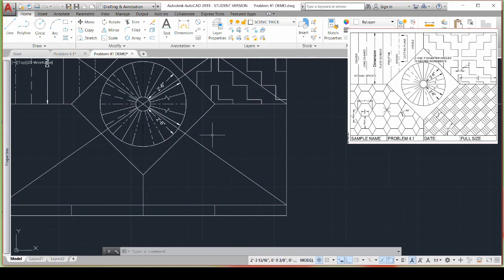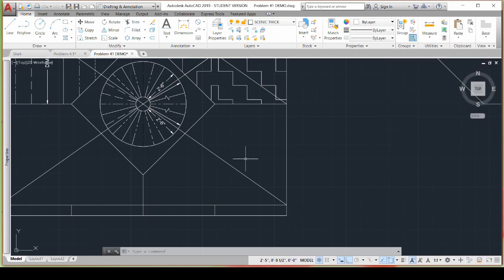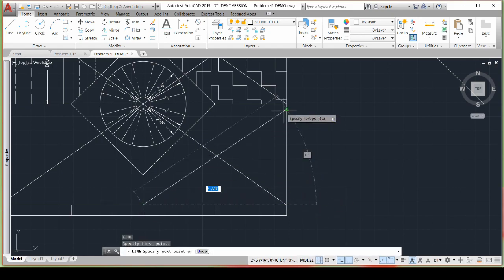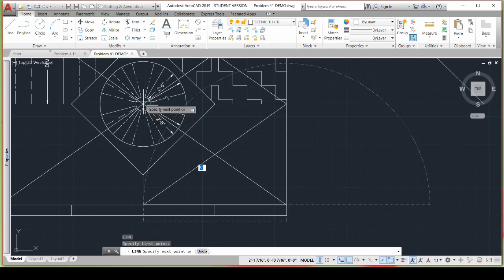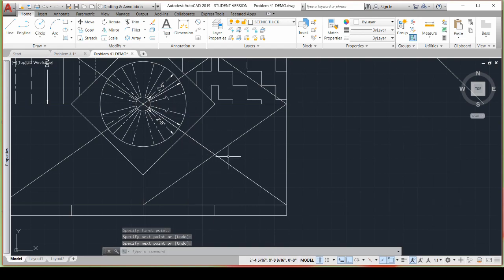Now we can go on to part E. So the instructions say that they're all 45-degree lines, and the larger lines are 1/2 inch apart, and it shows me a center point that I can start my lines on. So I'll find the center of this by doing line, enter, and I'll start on this corner, and the other corner, and now I've got my center,